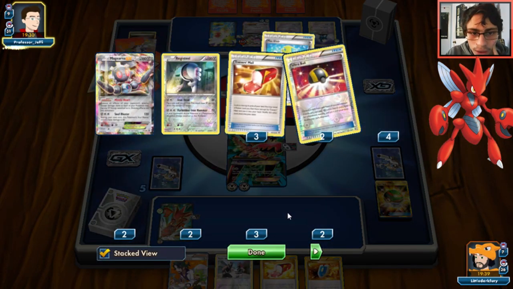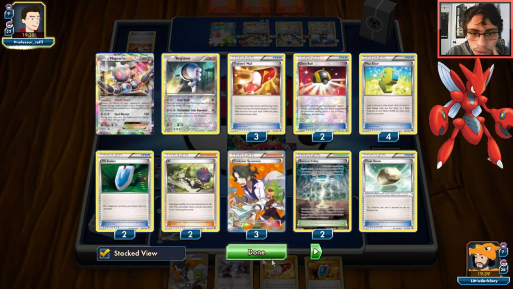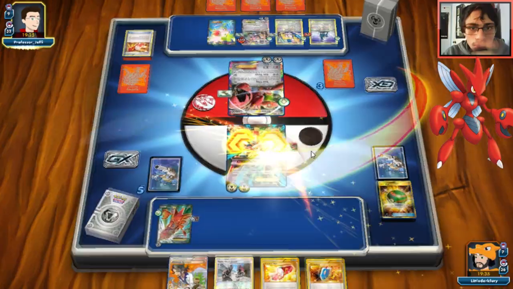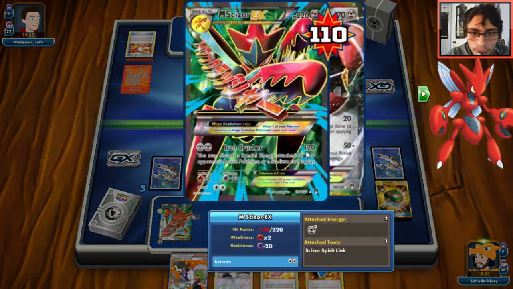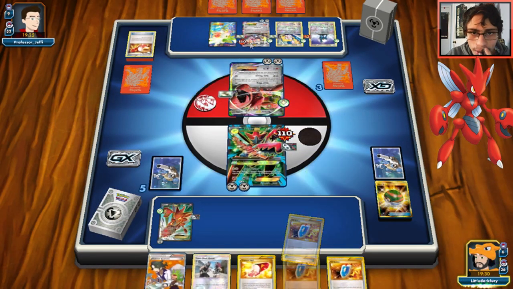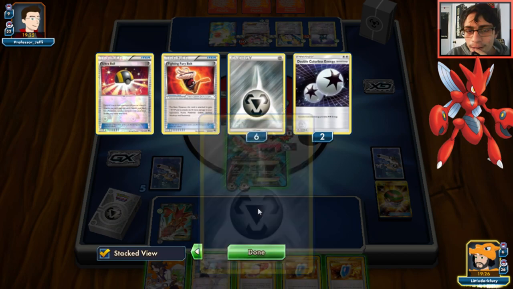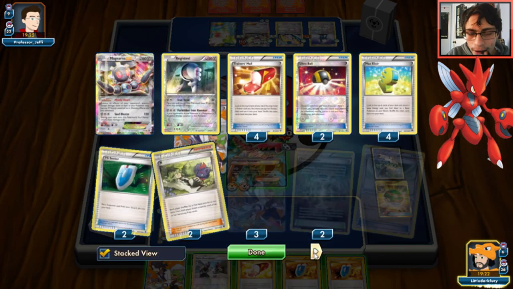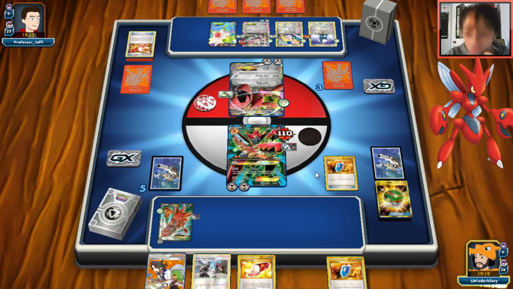Okay, via Seeker. I don't really know what he can do. He only has N and Sycamore in his discard, so I guess he can go for N. Nope, just Gale Thrust. Okay. How many energy? Okay, he's got 3 in play. He has 6 in his discard, so he's probably low on energy right now. I don't know if he plays another one, so...